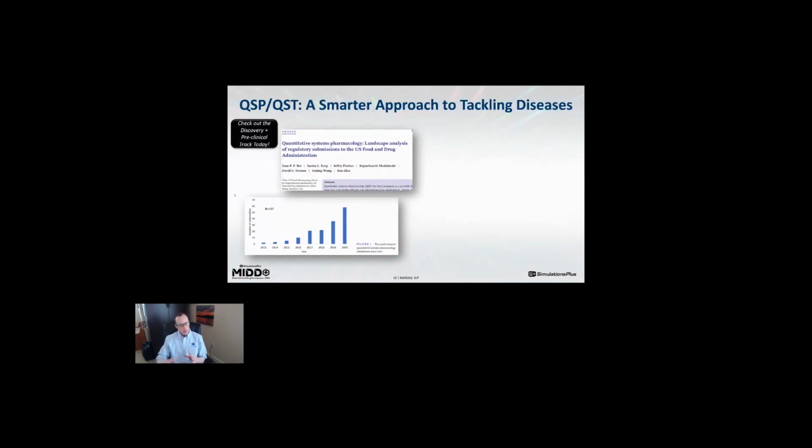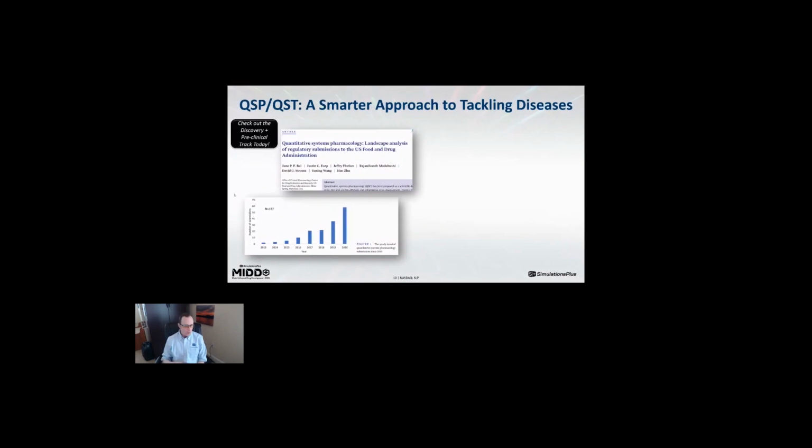We're seeing a growth, if you look at this figure here, figure 1, a growth in the number of submissions. 10, 15 years ago, QSP was thought of as a way to think about your mechanisms and your targets, but not really related to the regulatory process. And now we're seeing companies utilize QSP to enable discussions around mechanisms and dose justification, extrapolation to new populations, clinical trial design justifications. So QSP is also really coming onto the scene now from a regulatory perspective. And of course, we know that always brings visibility and impact.